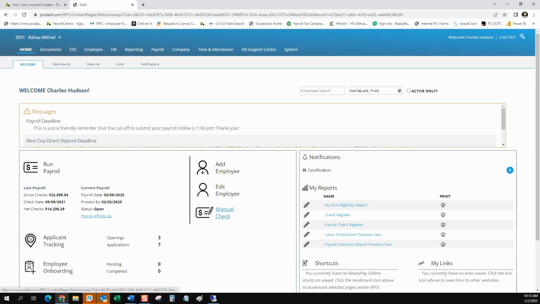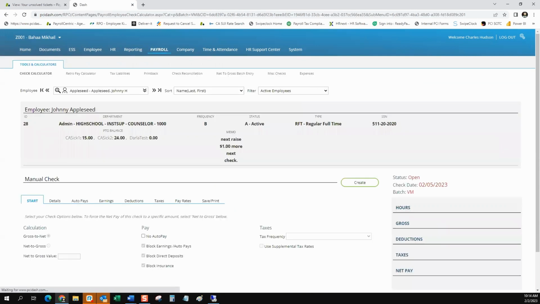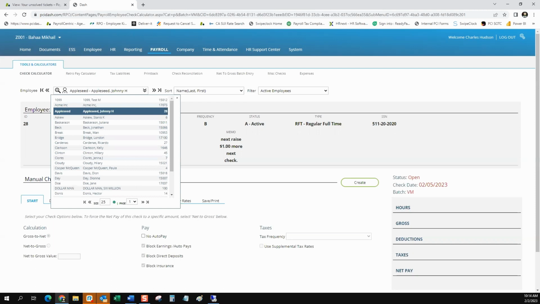Go to manual check, and it's here right on the front. We have this right here for you on the front, so you can just click on manual check and go to it. And so we're looking at Johnny Appleseed. It was looking at him simply because he was who I've been looking at this whole time, so it remembered that. But I can select, let's see,